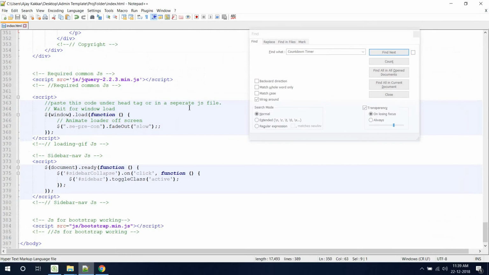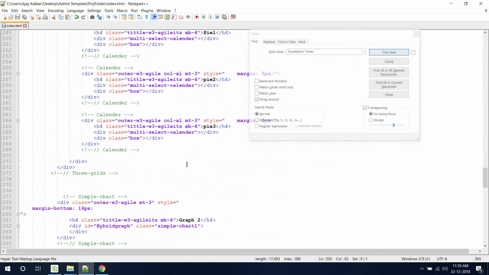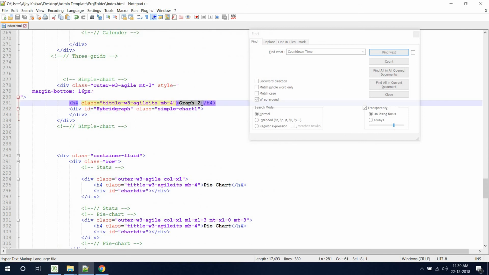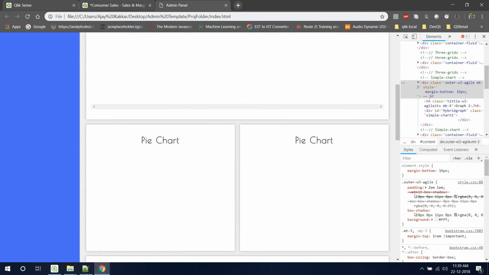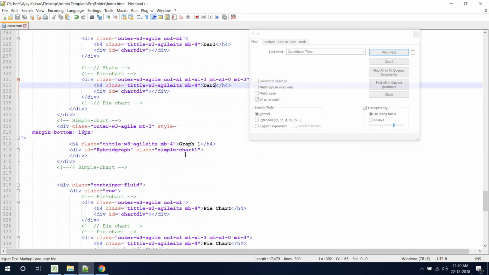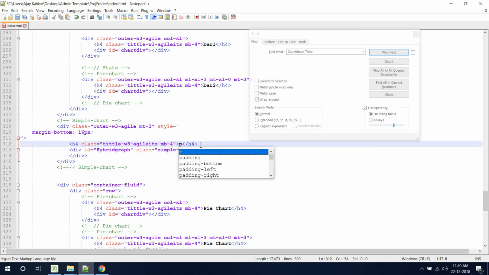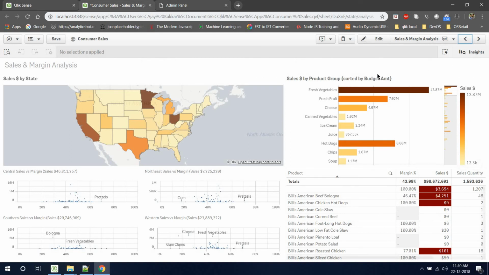Then I'll change this to map, and then to bar, then the pivot, map, bar, pivot, map, bar, pivot,